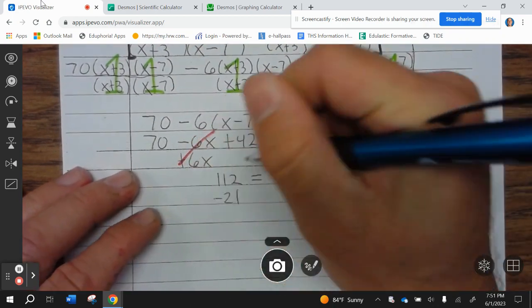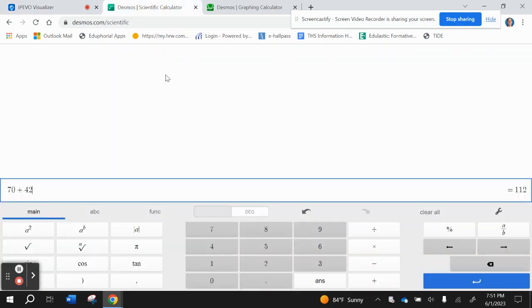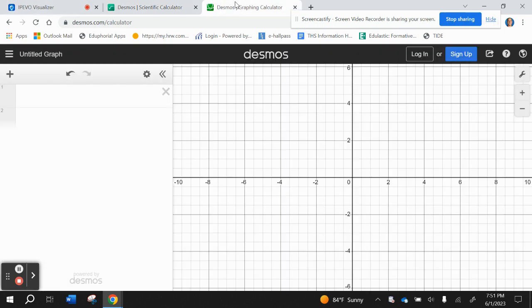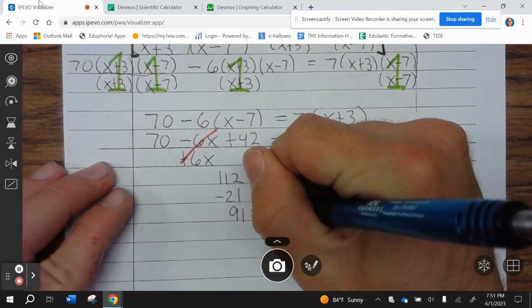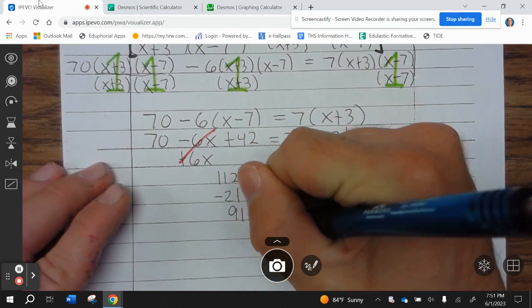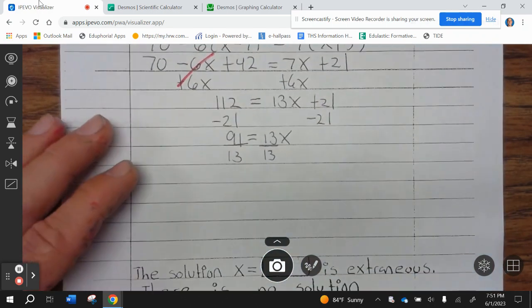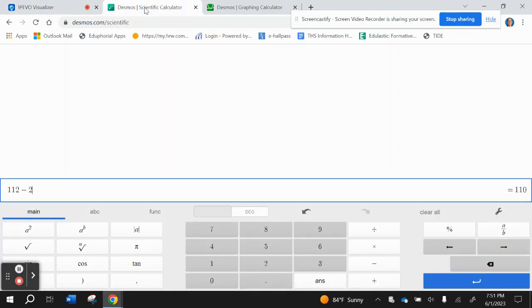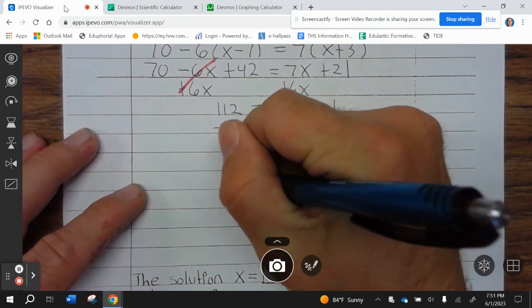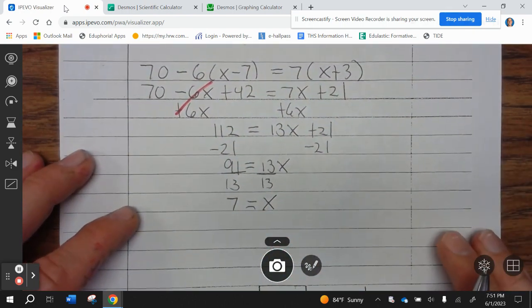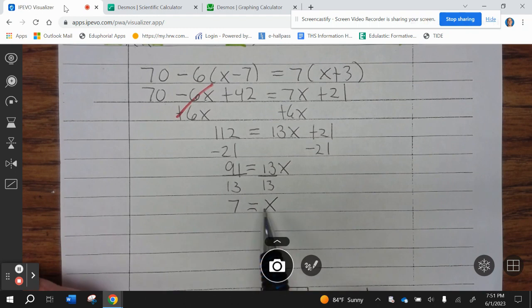Subtract 21 from both sides. 112 minus 21 is 91. Oh, wrong screen. 91 equals 13x. Divide both sides by 13. That is 7. So x equals 7. Okay, now we're going to check that by plugging that back into